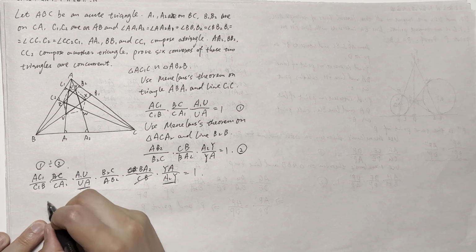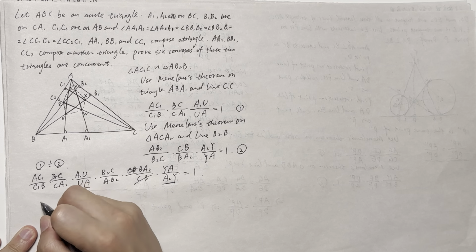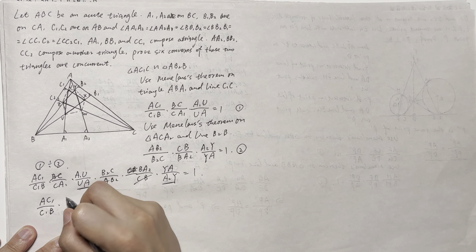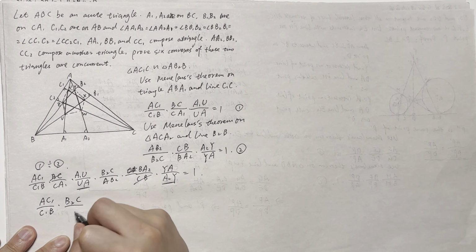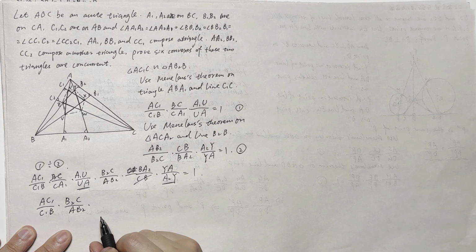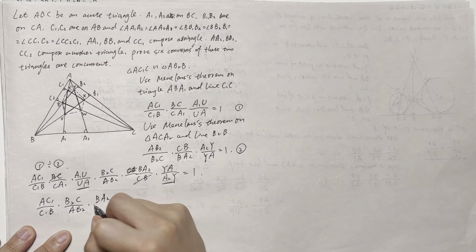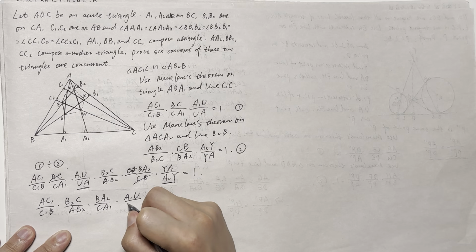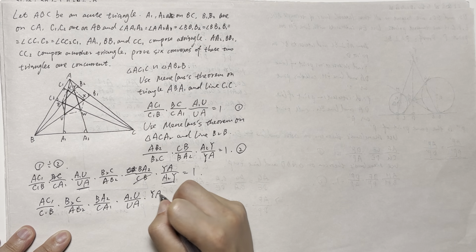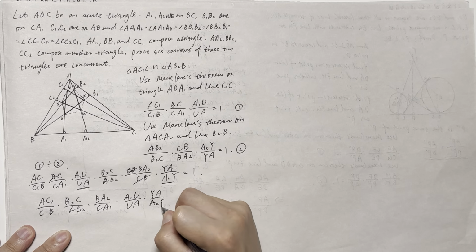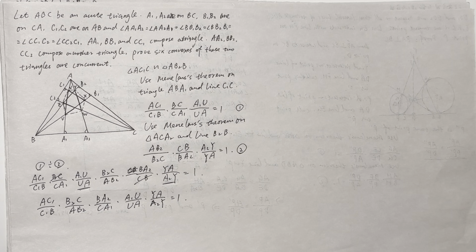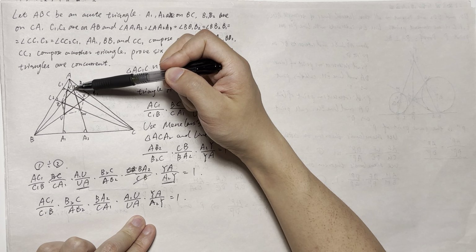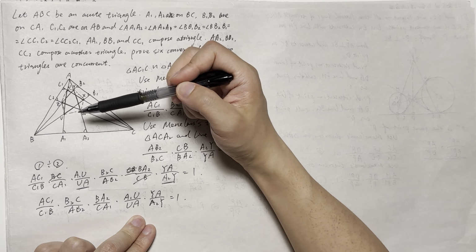Now we want to find the relation of this one and this one. So we put them together and we put the rest of the terms together. That means AC1 divided by C1B times B2C divided by AB2 times BA2 divided by CA1 times A1U divided by UA times YA divided by A2Y equals 1. Notice that we want to prove the line UY is parallel with the line